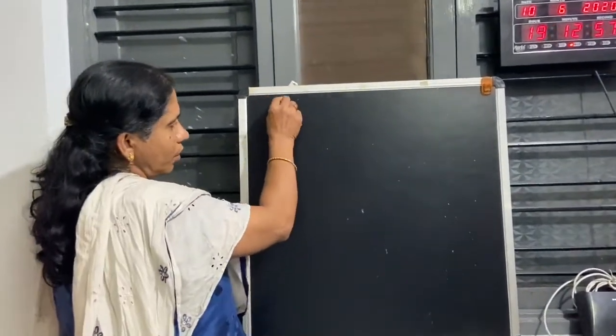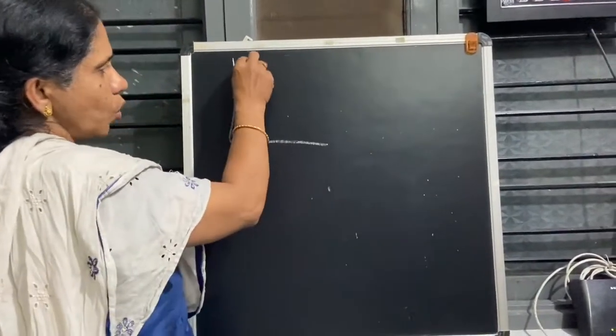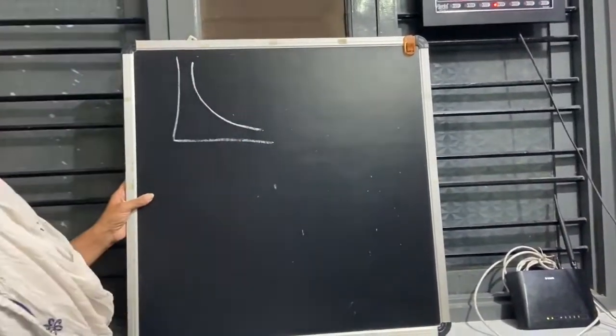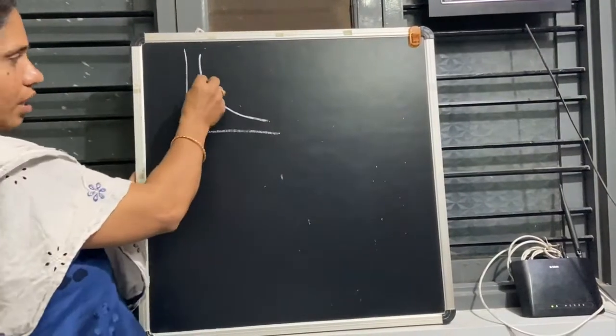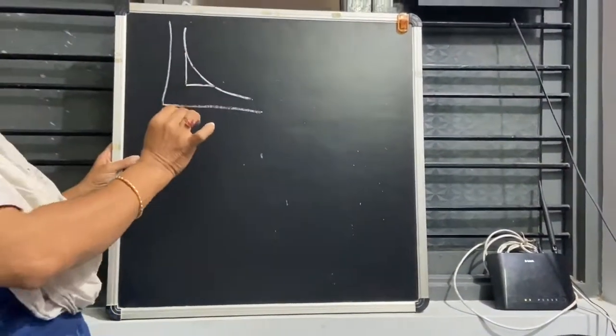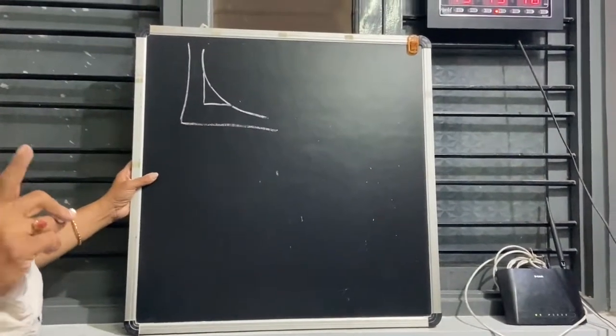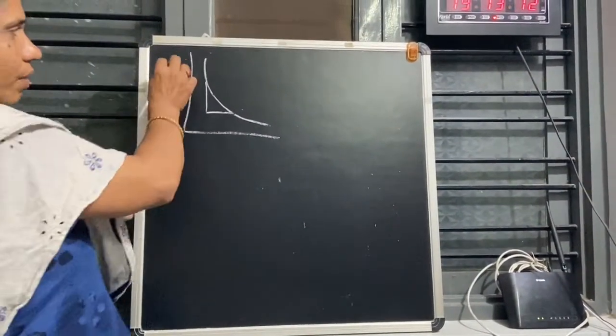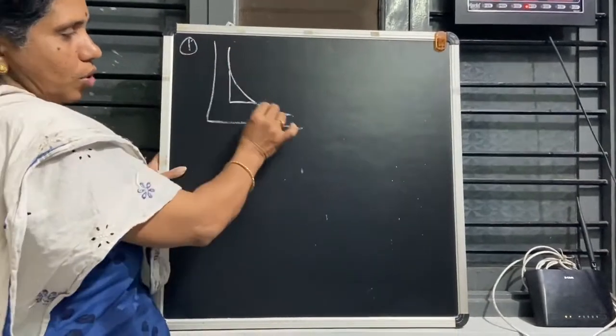First one, you already know: the indifference curve will always slope from left to right. Why? Because of the MRS. Because he has to sacrifice. In order to increase one commodity, he is reducing the other commodity. MRS, we saw, no? Because of that reason, the indifference curve always slopes downward.